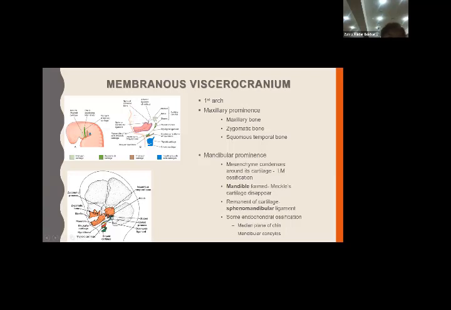Okay, but intramembranous ossification जो bones of the face में होती है, किन bones में होती है? Maxilla, zygomatic bone, and squamous part of the temporal bone. जबकि mandibular prominence first arch, ठीक है? इसमें the mesenchyme